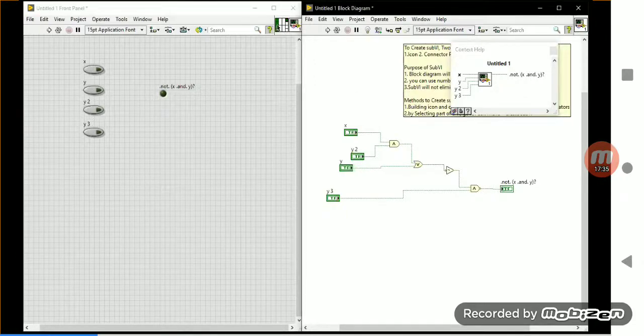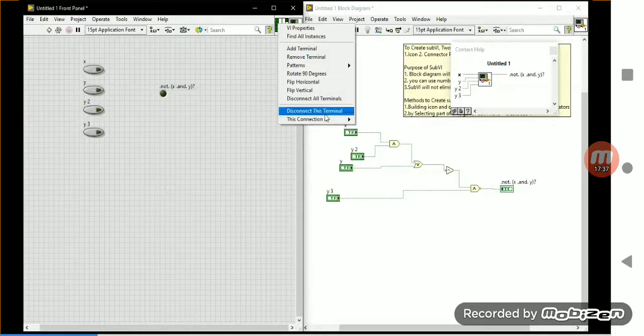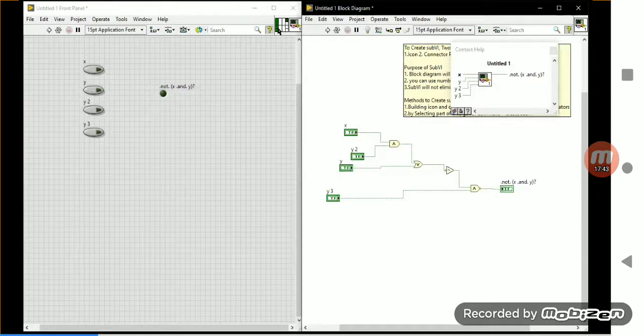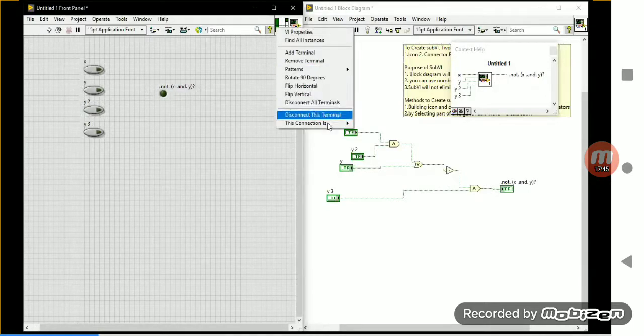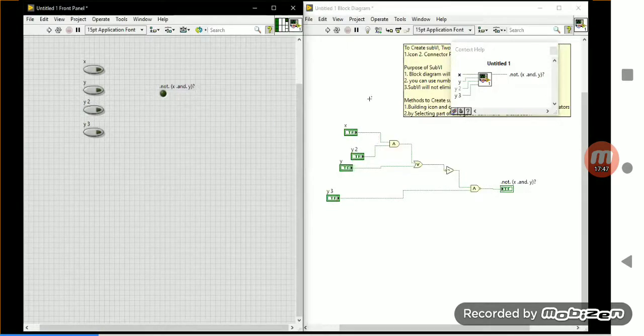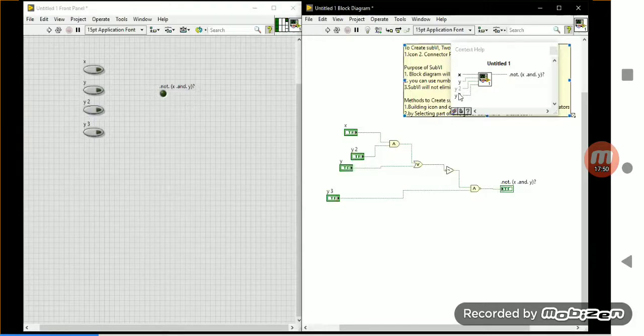Then next, right click again, This Connection Is Recommended. I'm going for recommended. Now for the third terminal I'm going for optional. The optional terminal looks grayed out. If you get a grayed out or faded terminal, that is the optional terminal.